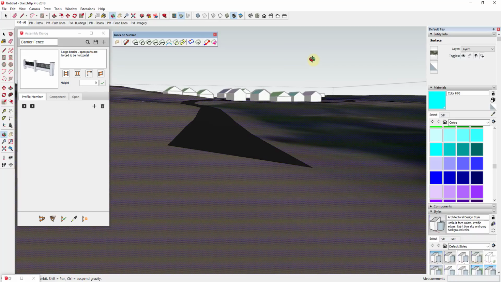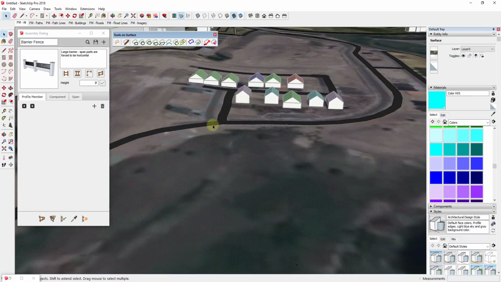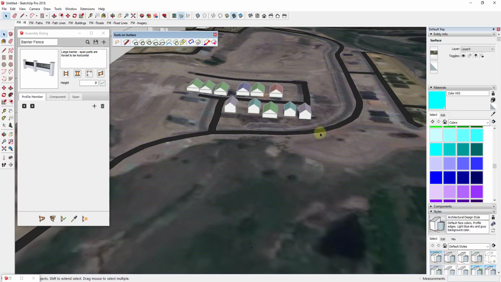You can see how it comes in as terrain. It's got some ups and downs and everything else. In this case, this is a neighborhood that I walk around on my lunch break, and I was thinking, well, what would the best way be to draw or model a fence for something like this? In this case, there's actually a tool in here for Arc on Surface, and so we would select that, and basically